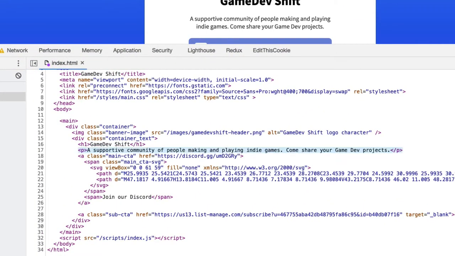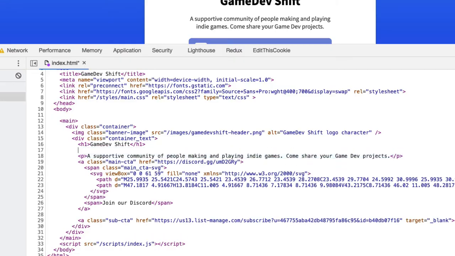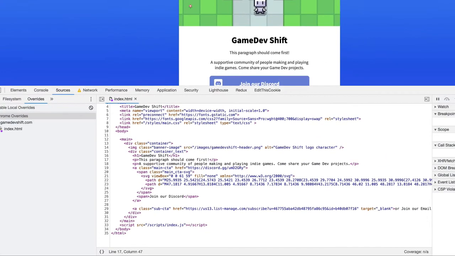So say I want a second paragraph. I'll grab this paragraph tag and right above it, make another one. This paragraph should come first. And if I hit Command S to save it, Chrome will actually save this index.html override on my local machine. And so when I reload the page, it's going to use this new page source instead of what's actually live